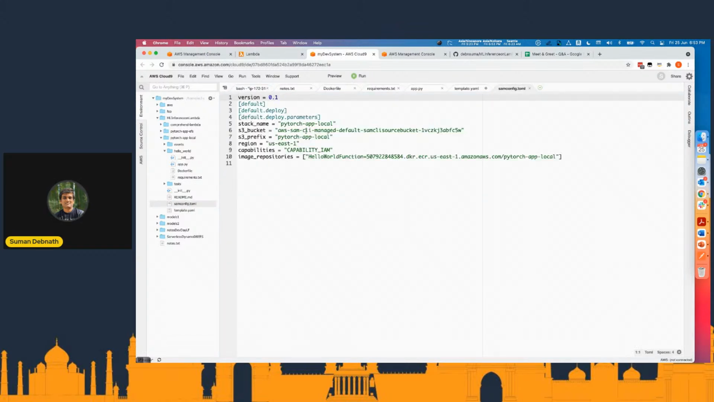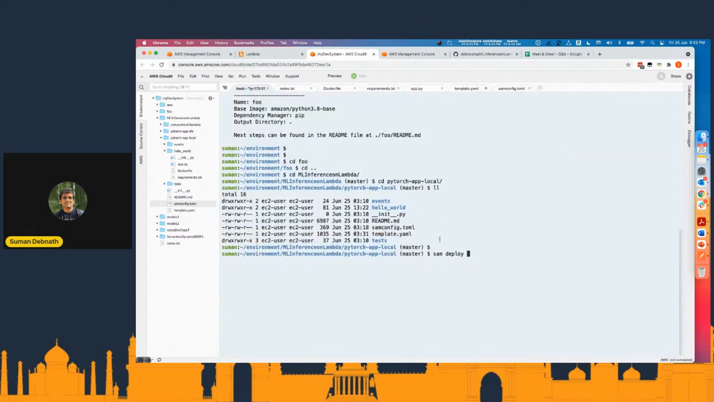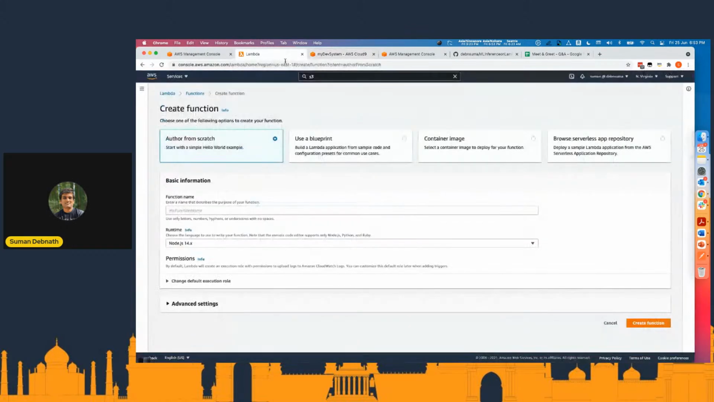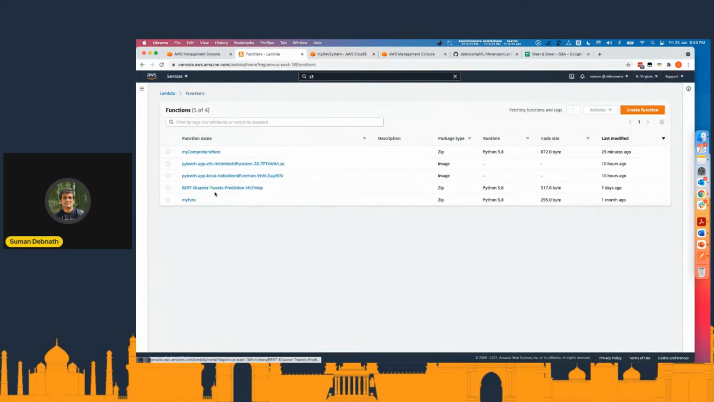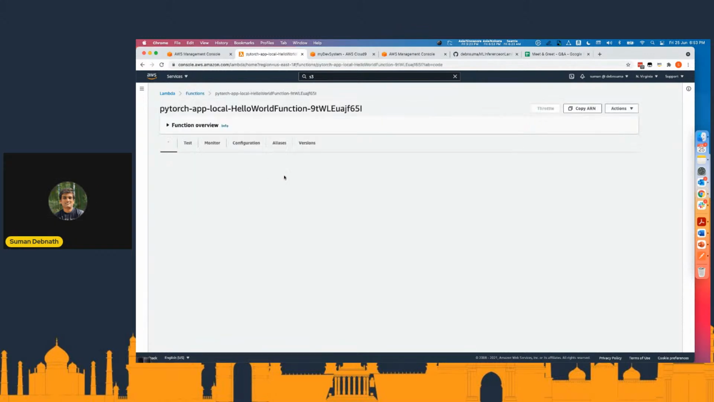Like this. So it will ask you a lot of questions, and it saves all of it when you enter it for the first time. So when you run it for the first time, you have to run it like SAM deploy --guided. Once this is done, you will see that the Lambda function is already deployed, and you will get an API gateway. I'm going to show you that because I've already deployed this. This is the PyTorch app local. If I click on this,